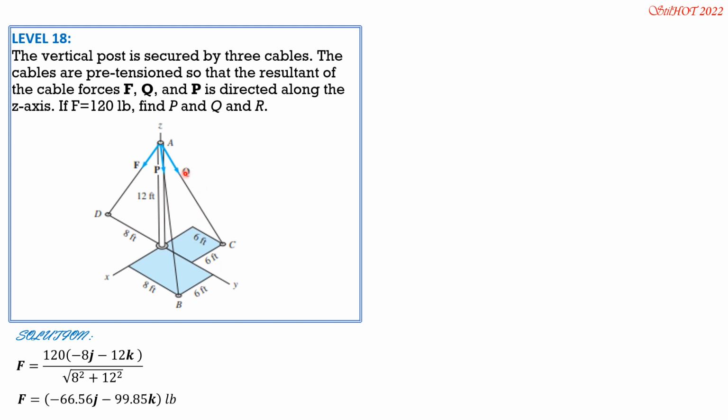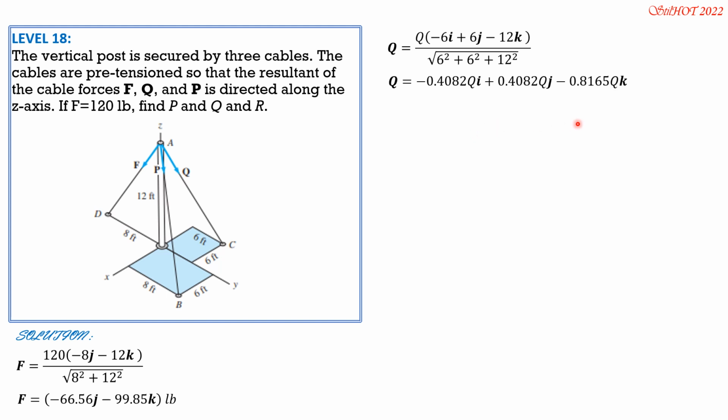So Q is magnitude of Q, negative 6i, positive 6j, negative 12k over square root of 6 square plus 6 square plus 12 square. In decimal, Q is negative 0.4082 Qi plus 0.4082 Qj minus